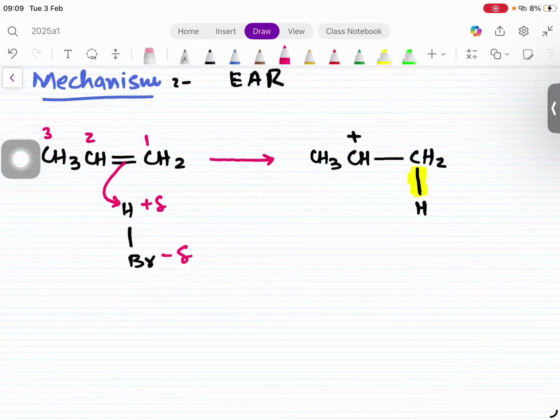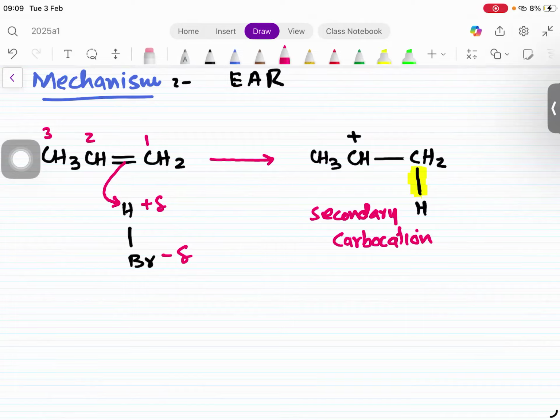And when carbon gets a positive charge, this is known as a carbocation. Okay? And if you look at this closely, this carbocation has two carbons attached. I told you if two carbons are attached to a carbocation, that carbocation is known as secondary. So precisely, it's a secondary carbocation